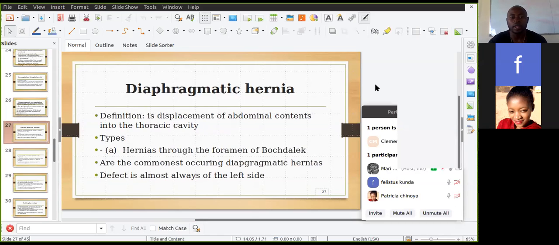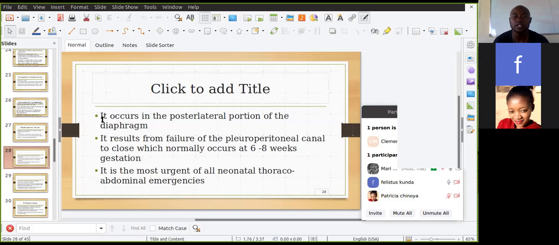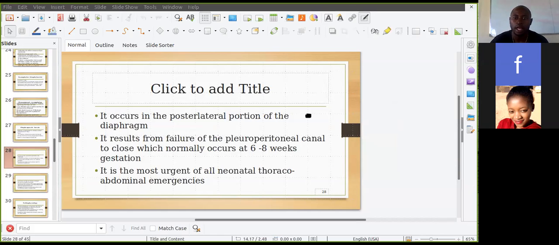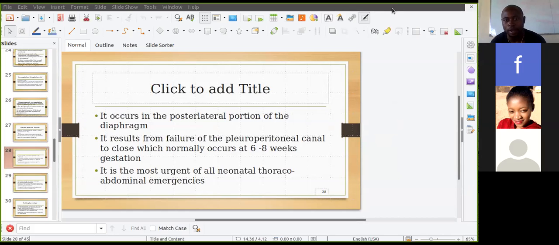Okay, so the defect in this type of hernia is most found on the left side. It occurs in the posterolateral portion of the diaphragm. It results from failure of the peritoneal canal to close. By 6 to 8 weeks, we expect the peritoneal canal to close. In cases where it doesn't close by 6 to 8 weeks,